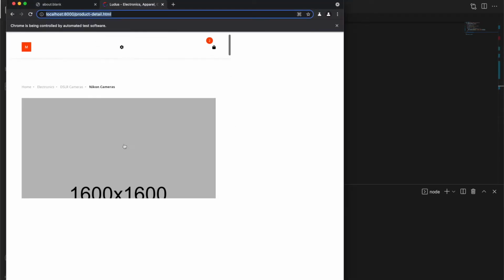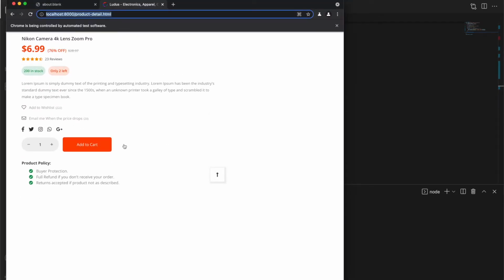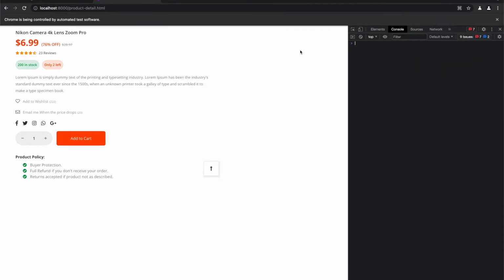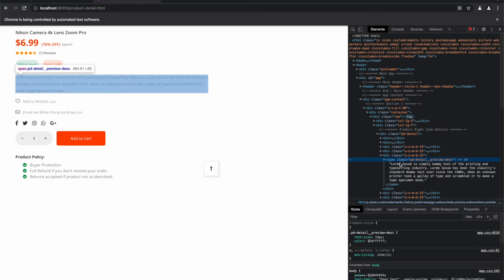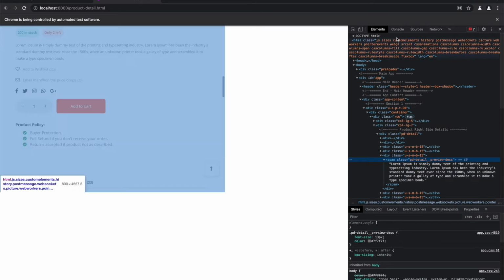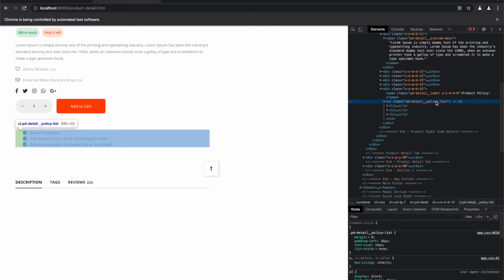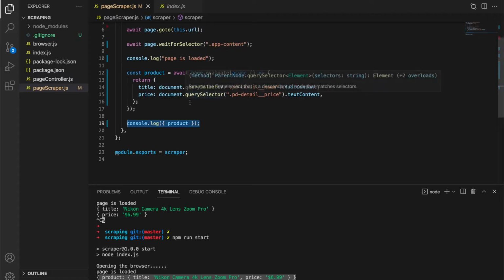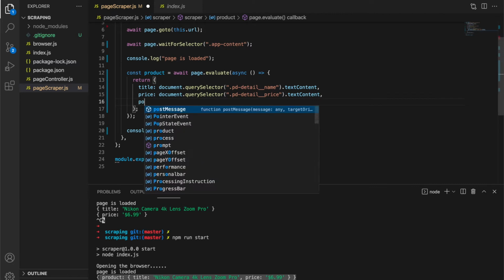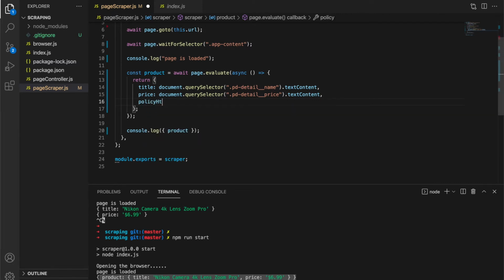So let's see another example. Let's say we don't want the text content, but we want HTML instead. So for example, this one, let's see. What's the best? I guess this one, policy list. So let's say we want policy HTML.